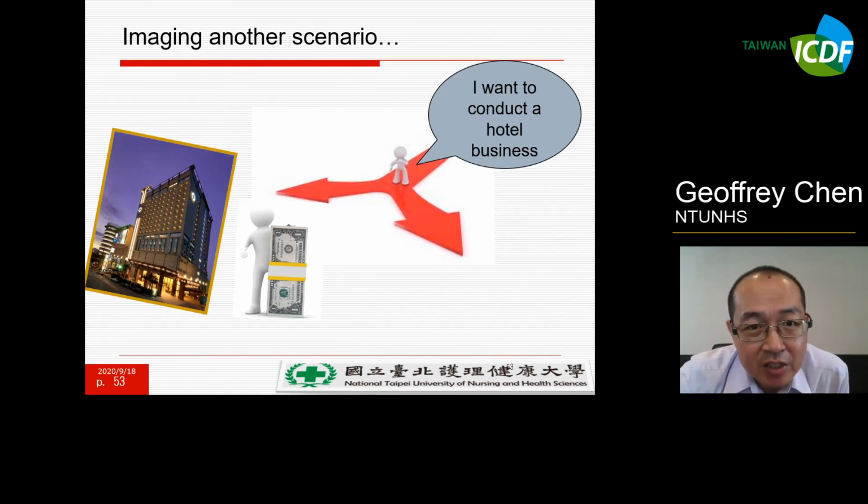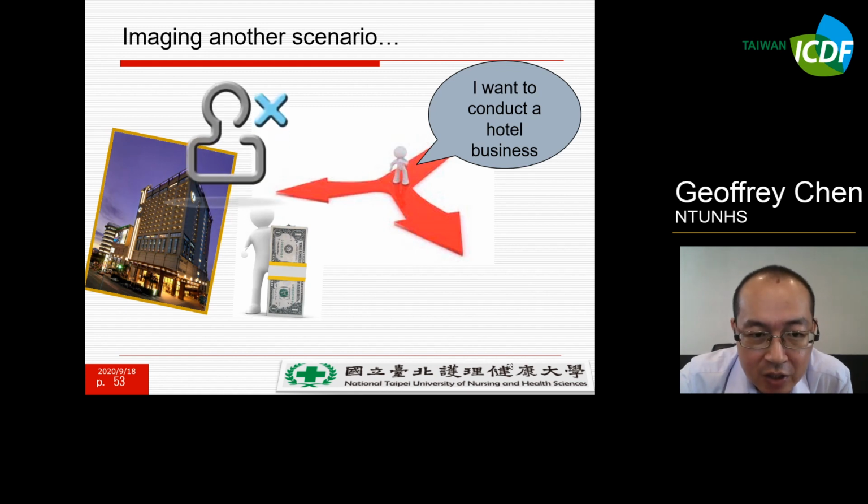And here is another scenario. If you are interested in the hotel business, but you don't have a lot of money to invest to build a full service hotel, what should you do? Even though you should consider the 5 dimensions of the service package, the question is very easy to solve.